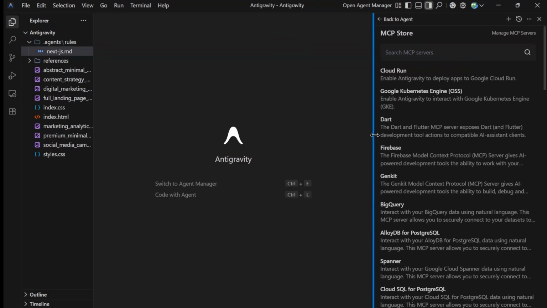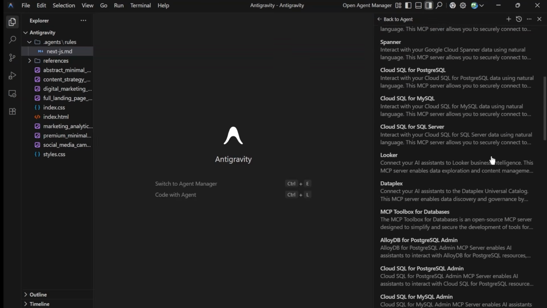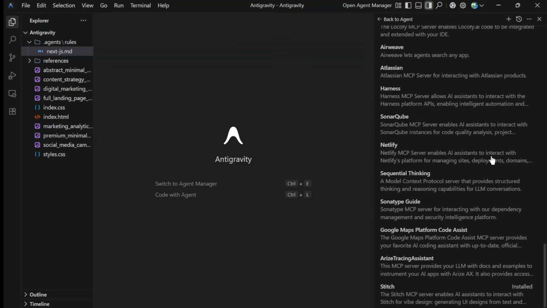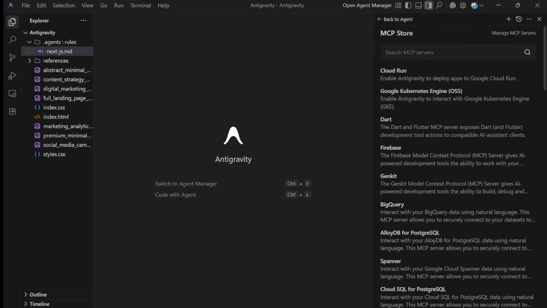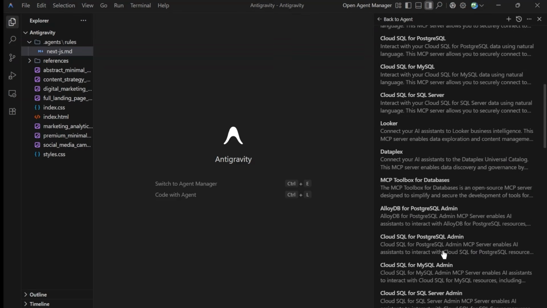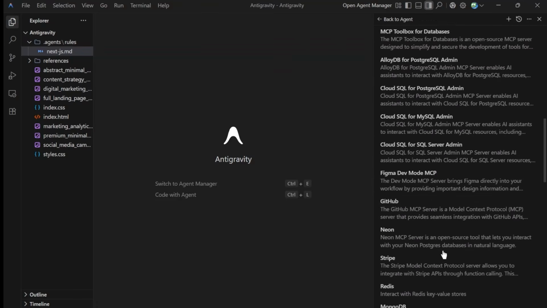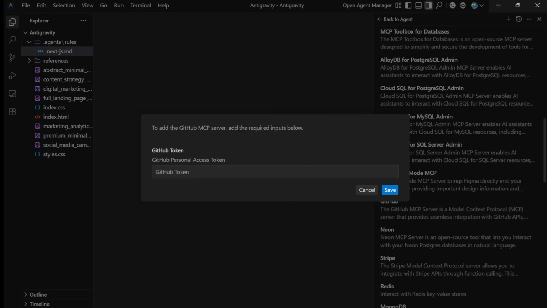Now, this is the list of all the available MCPs that you have right now in Antigravity. Let's start off by using one of them, which is GitHub. I'm going to scroll down, or you can even search for it in the search bar, and here you'll have a GitHub MCP. Now click on this download button to install this MCP,